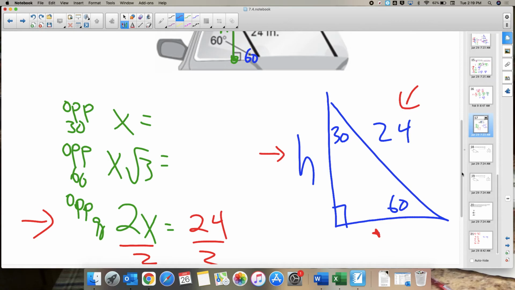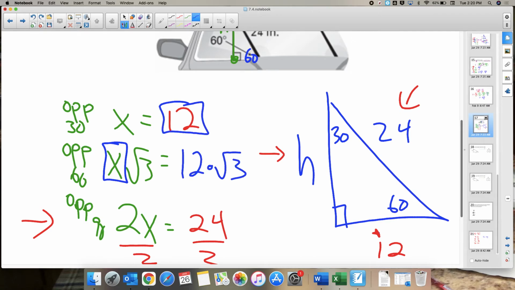Well, that means that opposite of 30, x is 12. So this side down here is 12. That's not the side they're looking for, but that's the side we have right now. Opposite of 60, then, is whatever x is. We just said x was 12